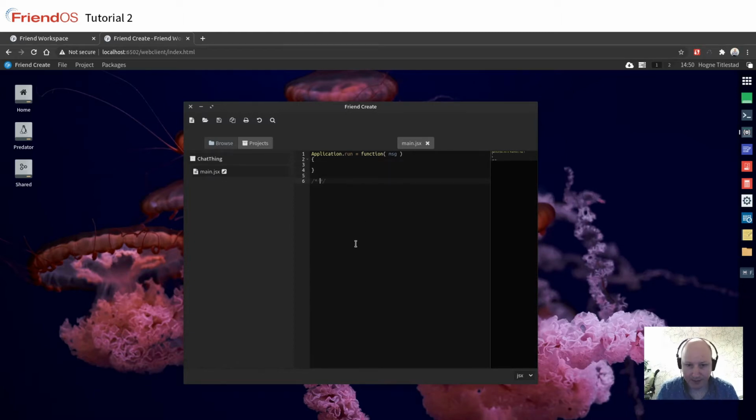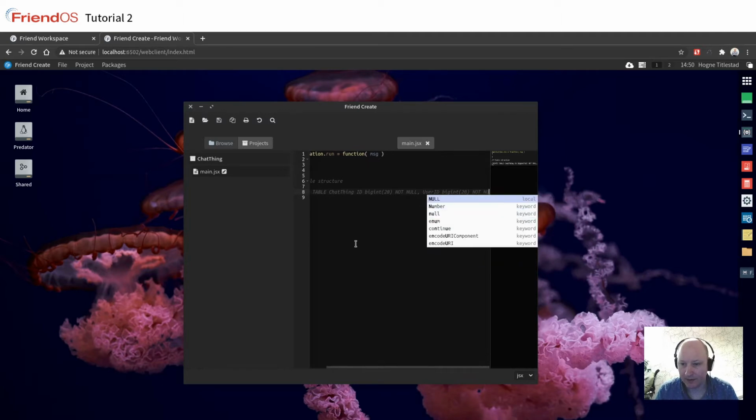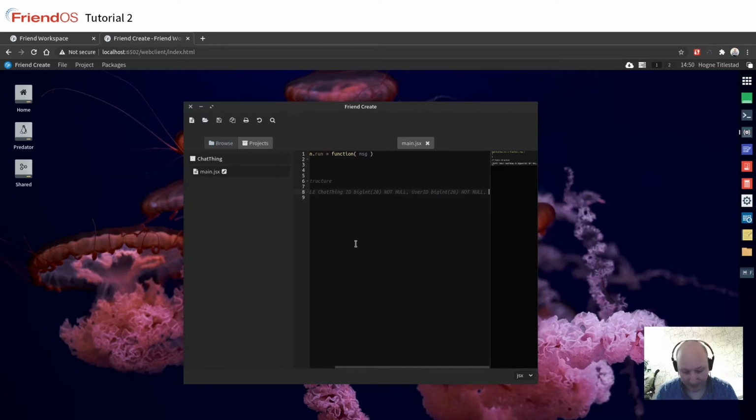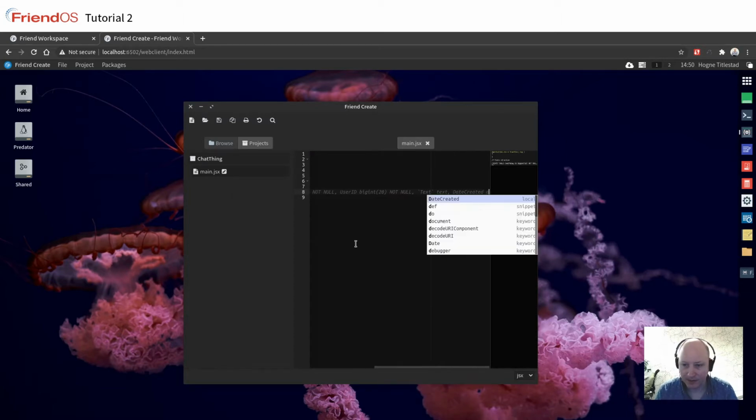So essentially this is the table structure, and that is create table chat thing, and we're going to have ID big int, let me see, and we're going to have user ID, big int, not null, and we're going to have text, and that's just going to be text, and we're going to have date created, date time,